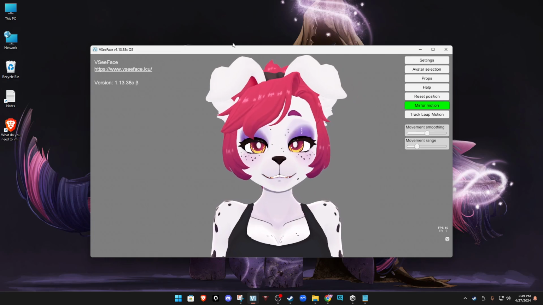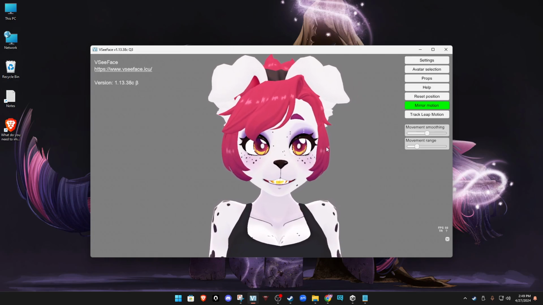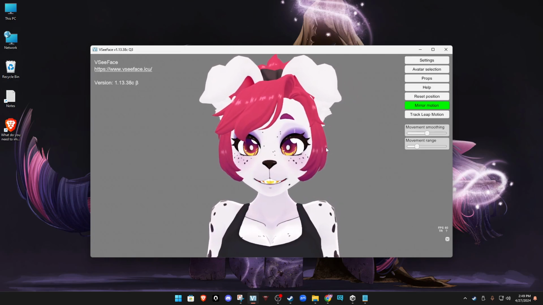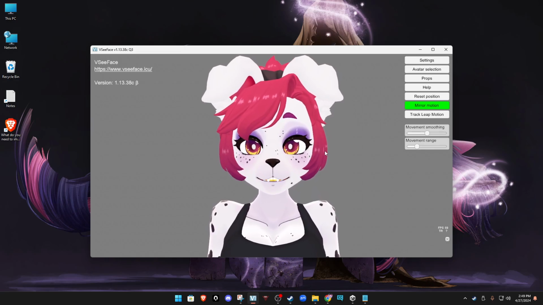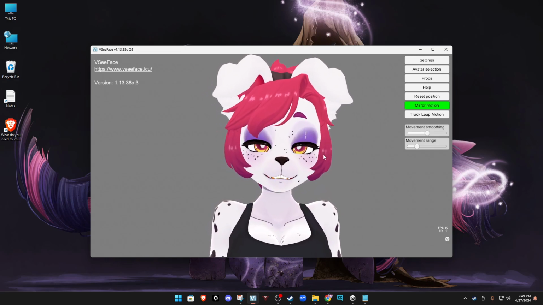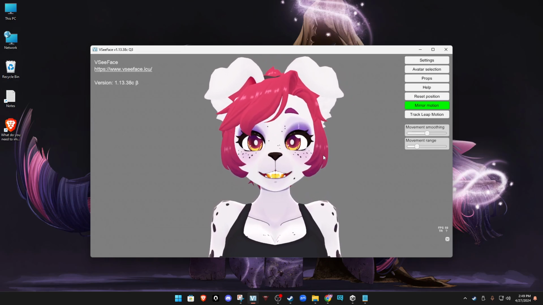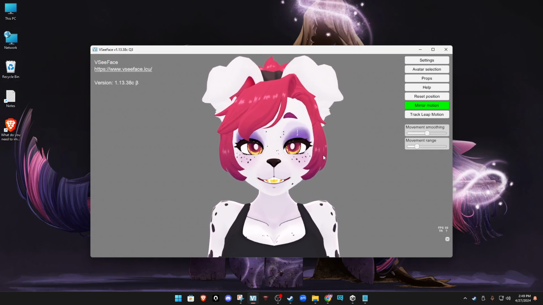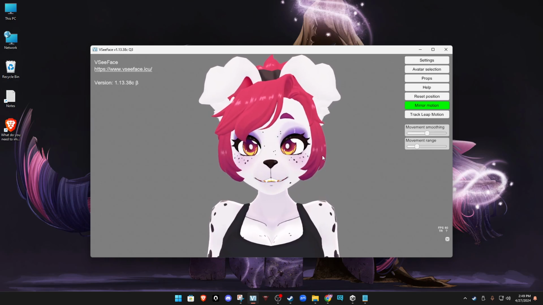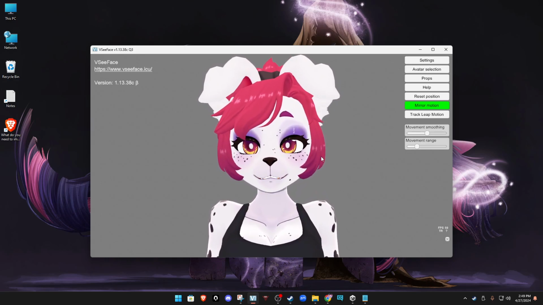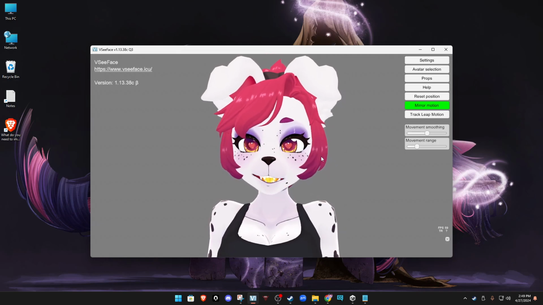Hello. So this tutorial is going to be how to get from a purchased VRChat character off of a marketplace. And I'm not going to show you how to paint it, but I'll show you how to load in the textures. And then we'll go from there and try to get to a VRM file that you can load into VseeFace as quickly as possible with having expressions,